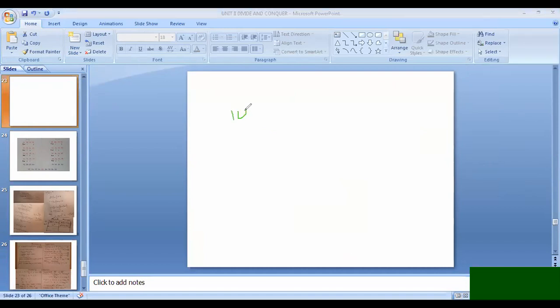Okay, I'm taking the array elements as 10, 25, 350, 10, 25, 350, 20. This is my array element. I am taking the first element as the pivot. This is my i value, and this is my j value.